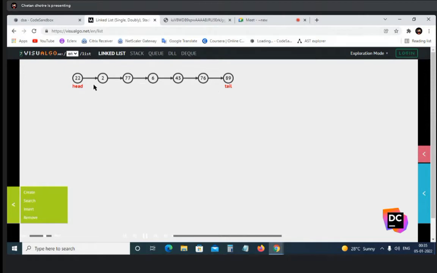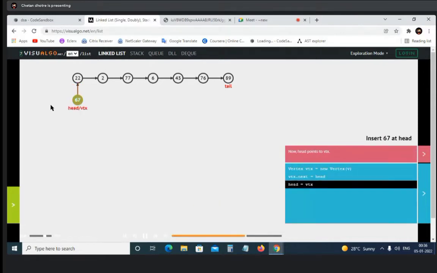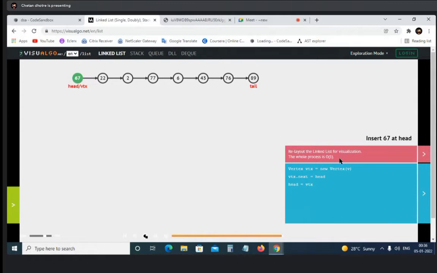So how do we add at the beginning? You can also represent this visually. In this section you can see the head, the tail, and the index where you want to put the digit. I'm going to just do this, and let's say we add 67, and we have added 67 at the head. On the right side you can see that it is showing O(1). If you were doing this with an array, you would not get O(1), because an array is not a good data structure for adding and removing elements.